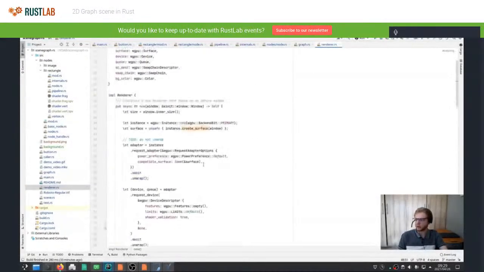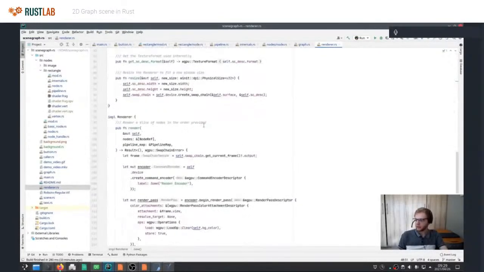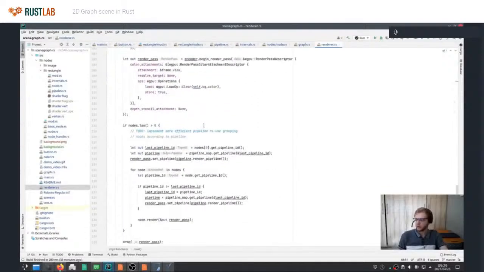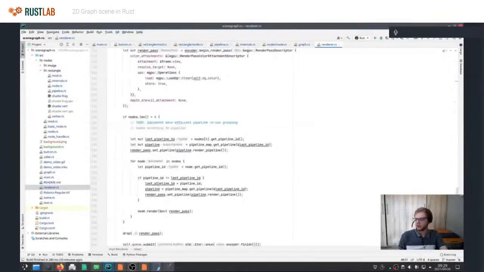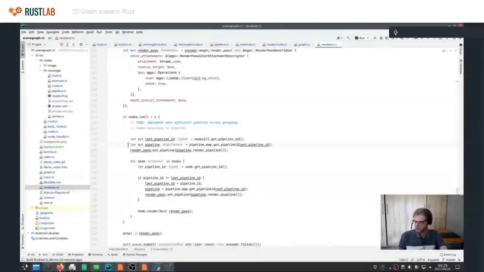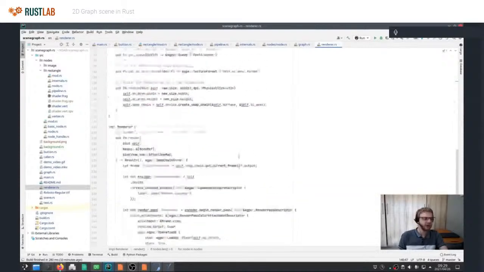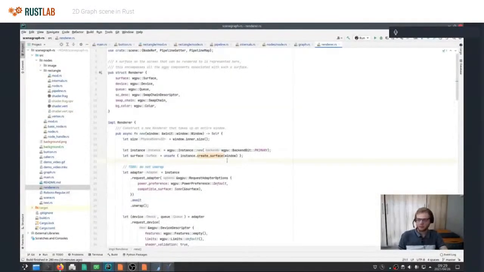We've also got the WebGPU renderer, which, yeah, so here's kind of the thing that I was talking about, where it gets the pipeline for an individual node. It starts by setting the pipeline for the first node, and then it just loops for all the nodes and updates the pipeline, and then calls node.render. And there's a lot of optimizations we can still do in here. But yeah, I think hopefully I've illustrated it good enough for now.